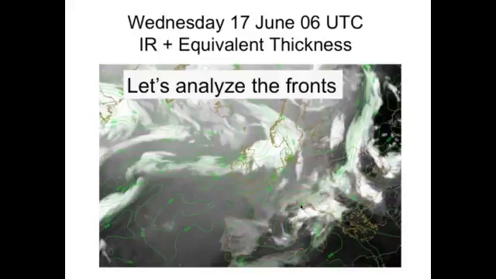Let's have another composition that can help us analyze the fronts. Here we have an infrared picture overlapped with the equivalent thickness field. And we can really nicely see where the fronts are. The fronts are located at the warm edge of the area where the density of the equivalent thickness is the highest. So we can nicely see that the surface front will be located here over the Mediterranean,